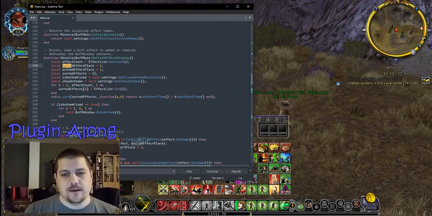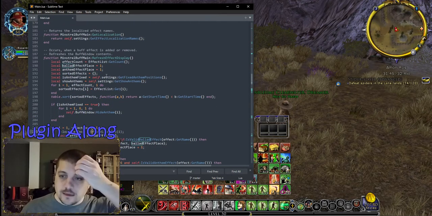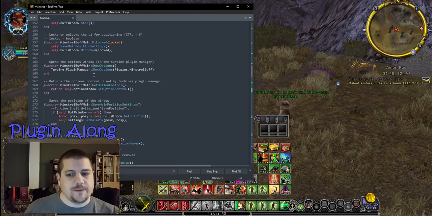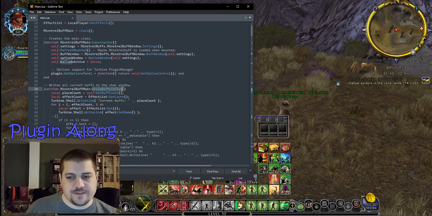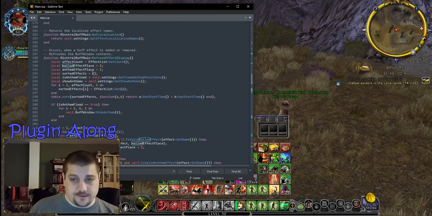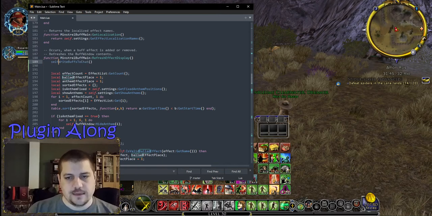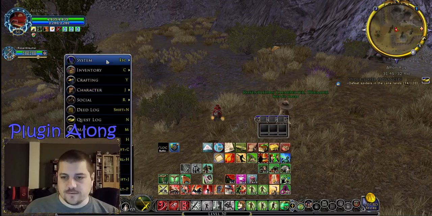Ballad. What else do we have for ballad? Okay, so we're going through the effects. And this might actually be a great time to look at that write buffs to chat function, because it'll do two things. It'll tell me what that does, and it'll tell me when this function is getting called. So that is a class function here. We're just going to call writeBuff to chat. Now, real question,